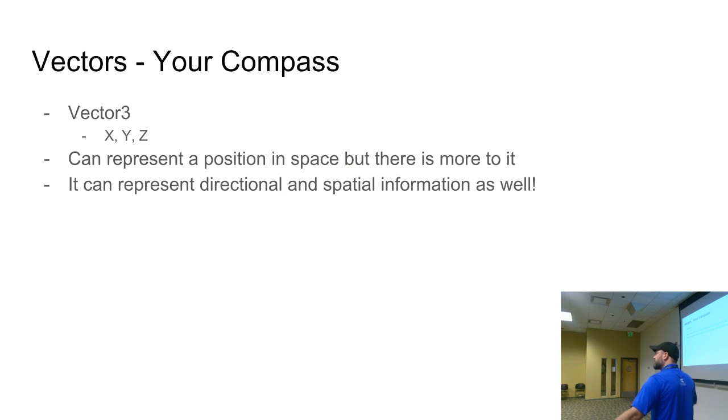So if we're in this 3D space, we have these tools called vectors, and they are seriously the compass you have to find your way through this world. Every spatial piece of information you're going to need to know, position of something, what direction something's facing, if I want to match that direction, if I want to turn towards something, say you had a video camera or a turret, right? You ever see turrets that find you and track you? They find you through vectors.